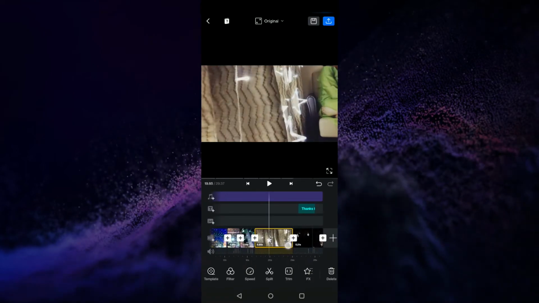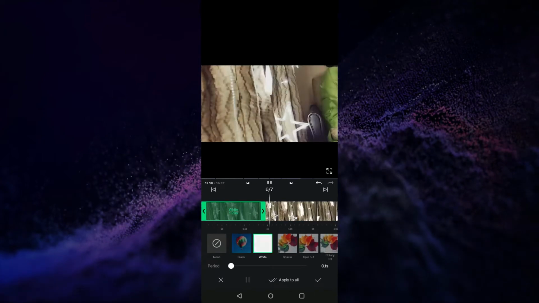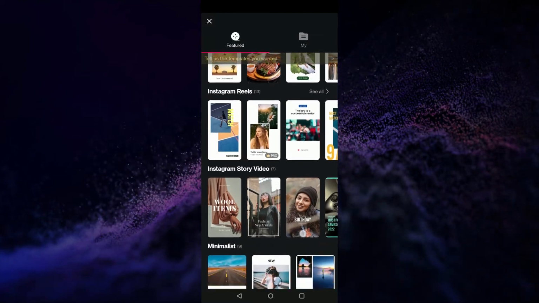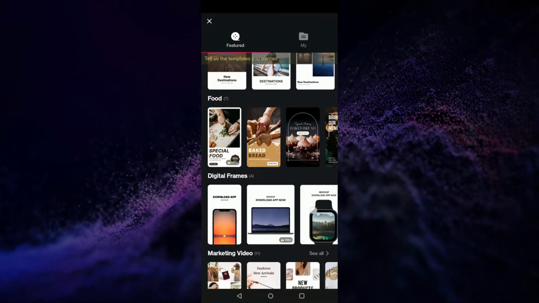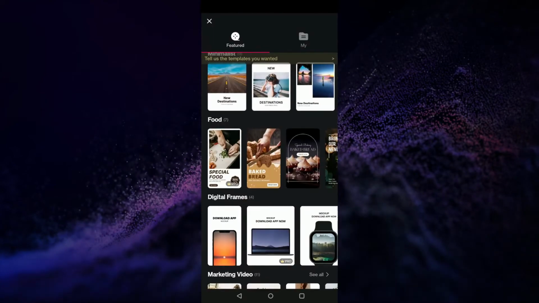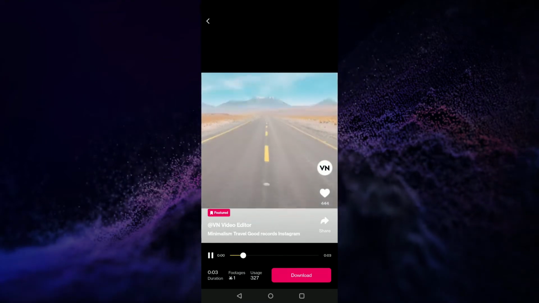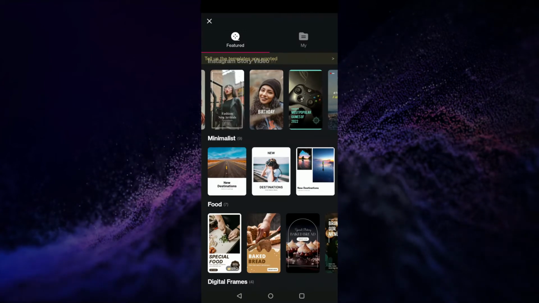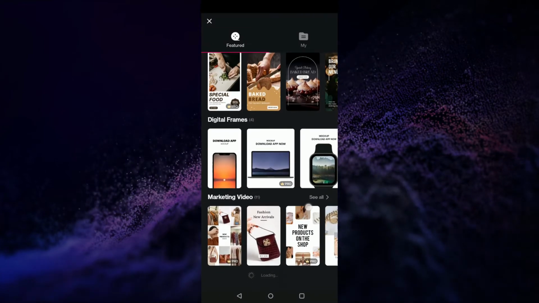Now I'm going to add an effect to this section. So that's what I've done. Now if you're thinking that the editing is becoming too cumbersome, here are some templates that you can choose from. There are many such templates, like if you're a food blogger, you can add a food template. If you want to go into new trips and destinations and you think this suits your template, you can download that and add it. Or if you're adding a gaming video or some technical reviews, you can add some of these ready to select templates. Now we're going to go back to our editing.